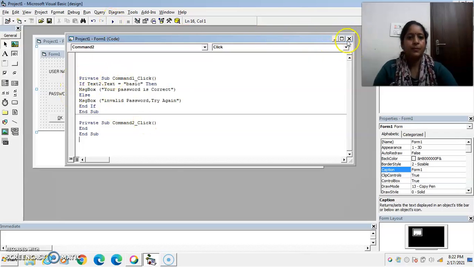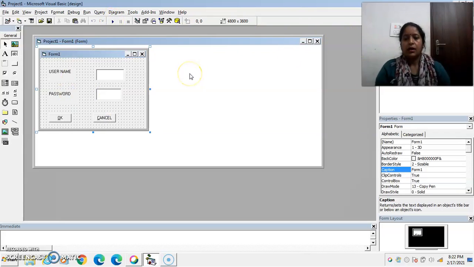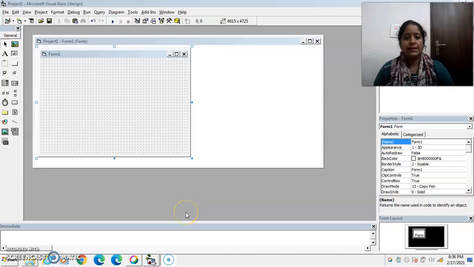Now, as I said earlier, this text box control is a small editor control. Now take one more useful application of how a text box control works as a small notepad.